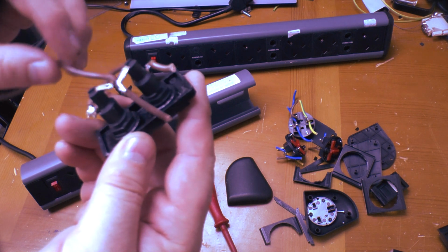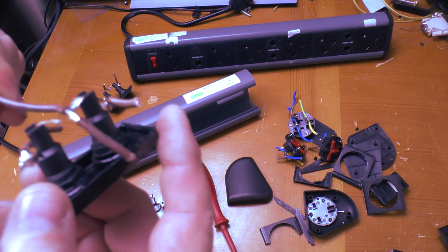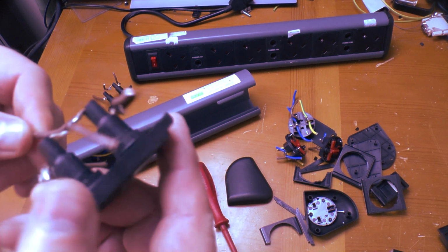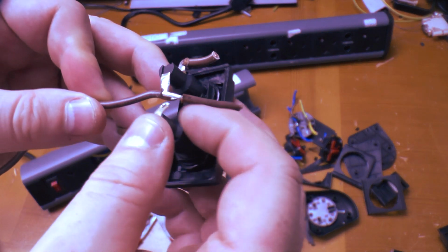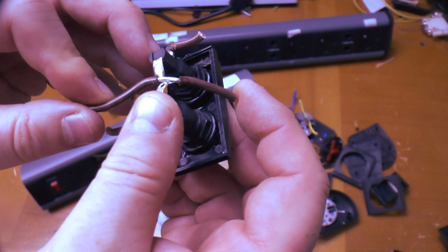Right, I didn't break that off. That's how well that was held in place. So I'm not on about this nut here, I don't care about the nut. The fact that that was very loosely, that was barely making contact there,